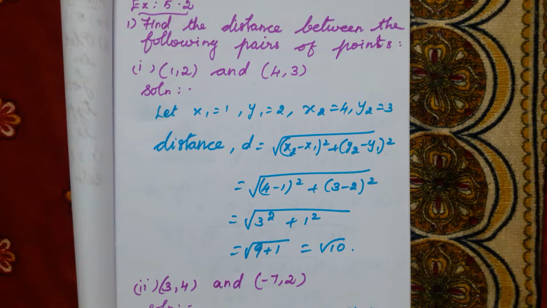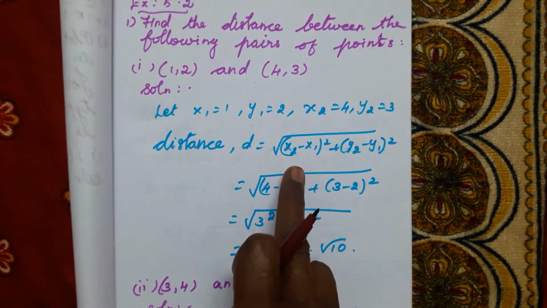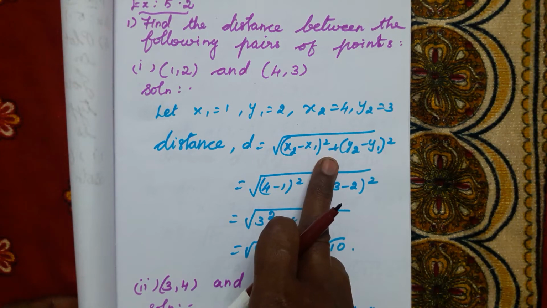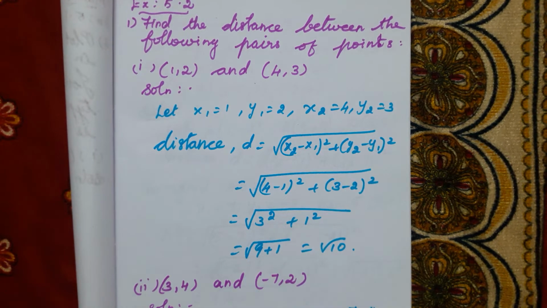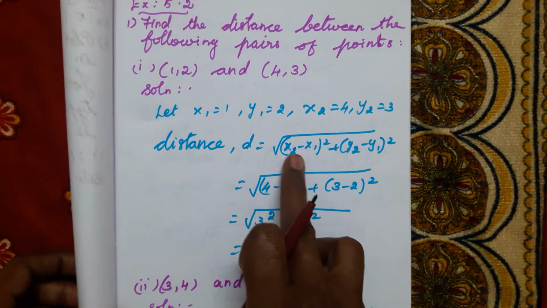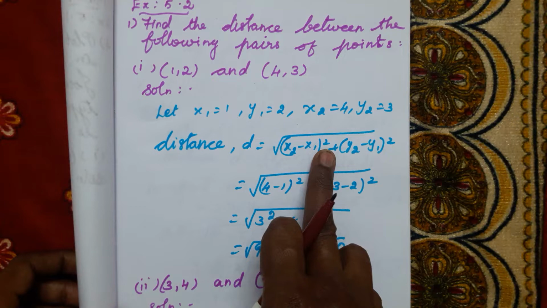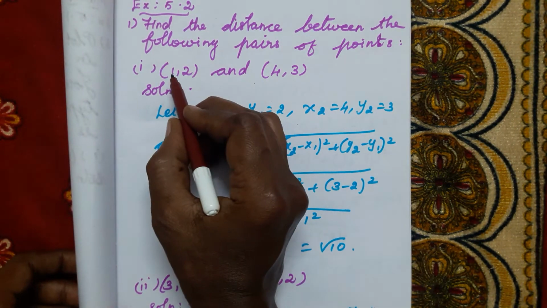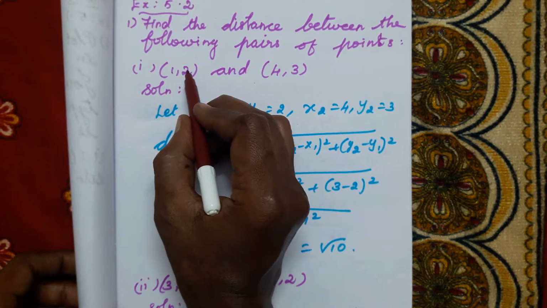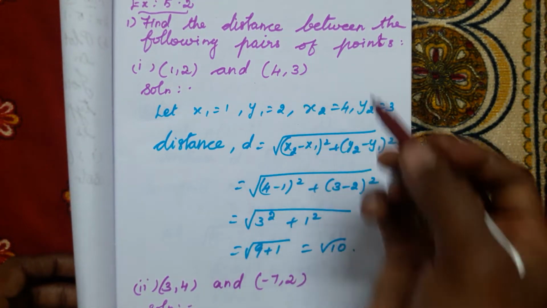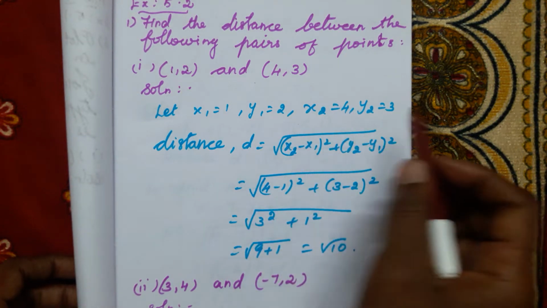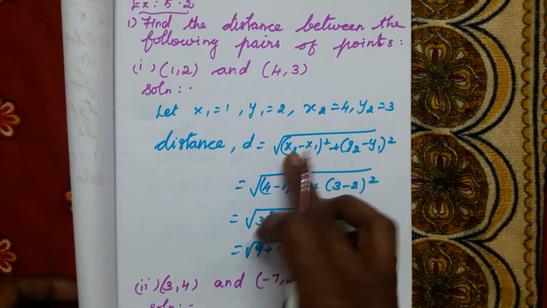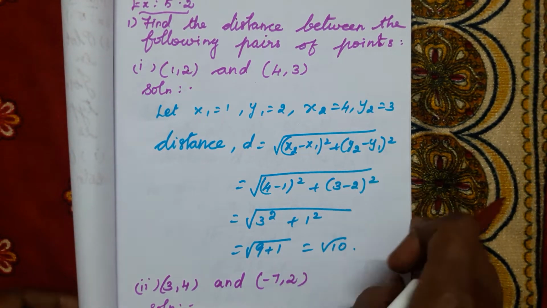In the previous class itself, I explained this distance formula. What is the formula? Root of (x2 minus x1) the whole square plus (y2 minus y1) the whole square. Given points, we have to take them as x1, y1, x2, y2. Distance d is equal to root of (x2 minus x1) the whole square plus (y2 minus y1) the whole